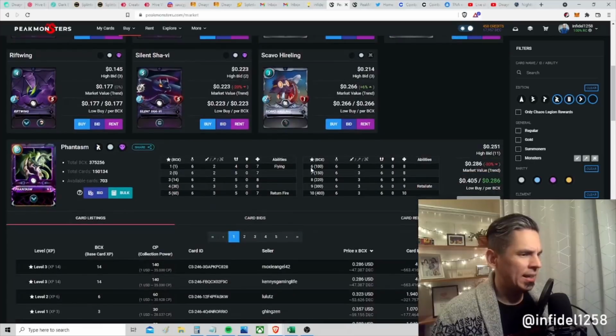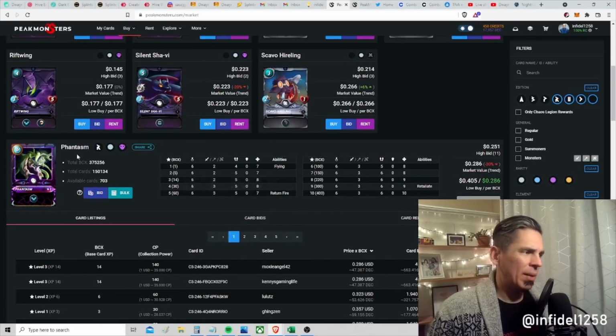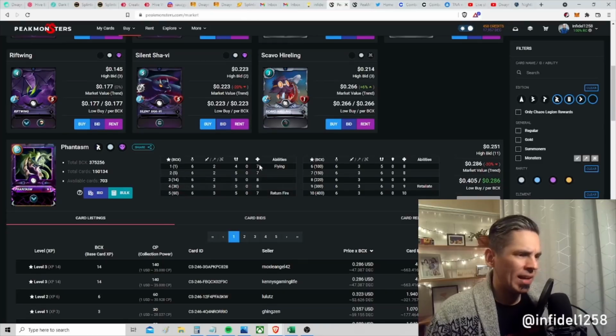Phantasm, I like. Flying, return fire is especially key now that we have so much more amplify in the game. And it's a very reasonable 6 mana cost. I don't love the hit points at the silver level. It's a little low in the number of hit points, but it's got a great speed, plus flying makes it